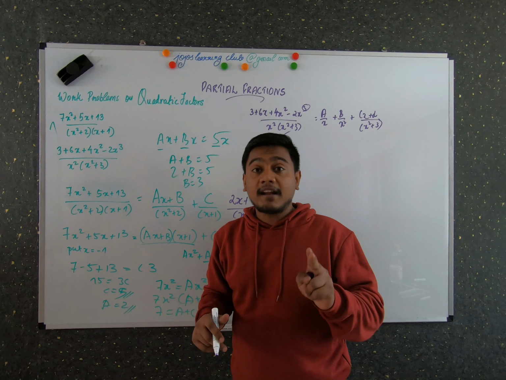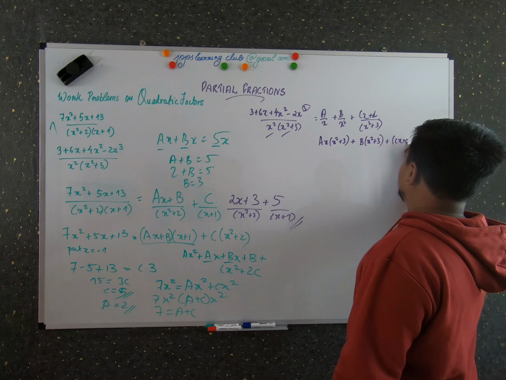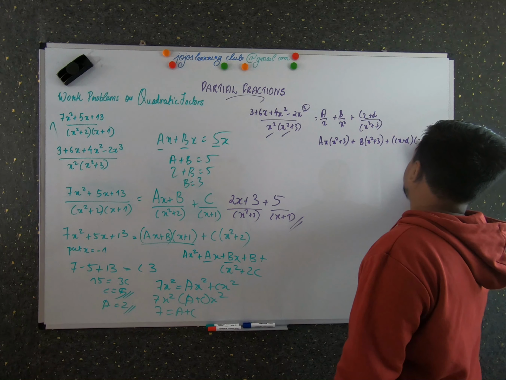Before that, to do this, you have to do cross calculation, so that the denominators are of the same value. Only then you can do algebraic additions. So ax into x square plus 3, right? Here what would it be? b into x square plus 3. What would be here? cx plus d into x square, right? The other side would be 3 plus 6x plus 4x